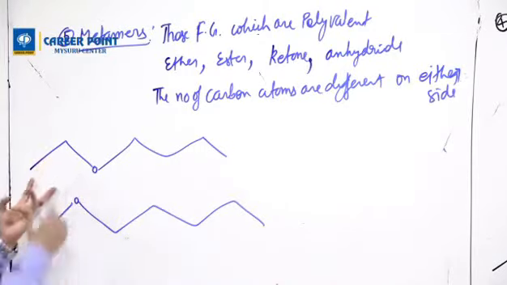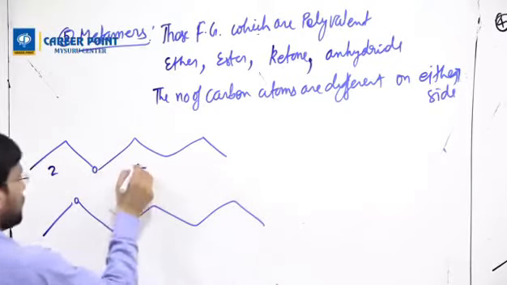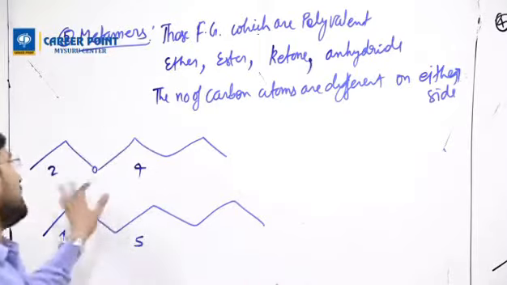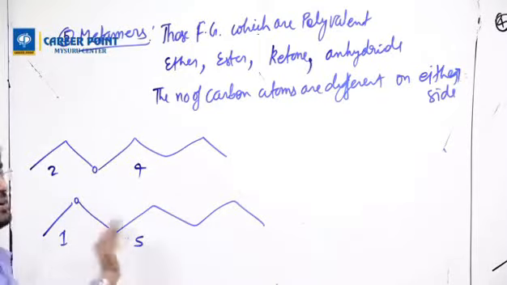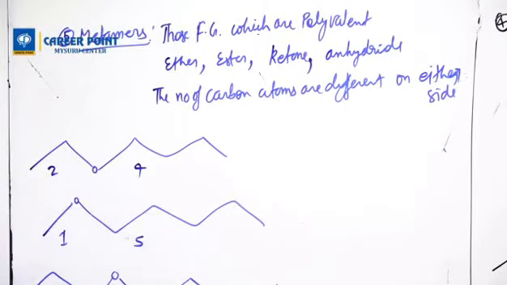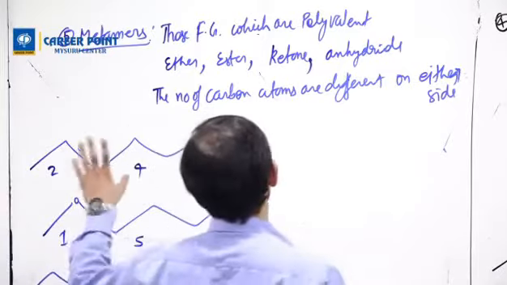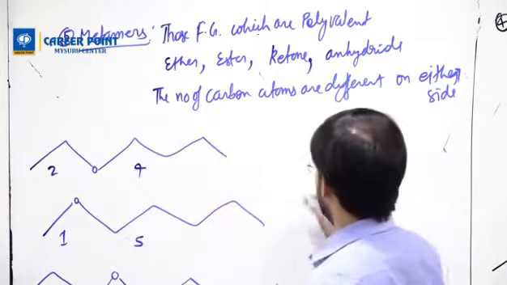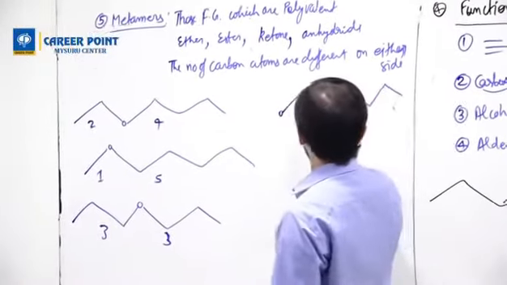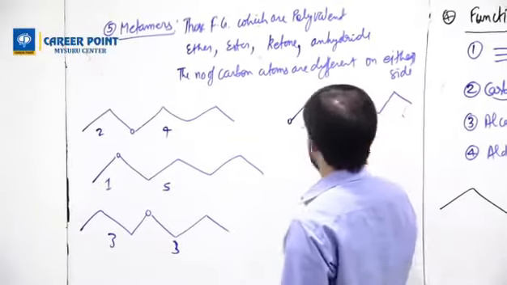Now this side was 2. 1, 2, 3, 4, so 2 and 4. But now 1 and 5: 1, 2, 3, 4, 5. Total is 6 only, but different sides, different numbers. Or I could do 1, 2, 3 and 1, 2, 3. 3 also I can do. Understand? But you cannot do 0. If you did 0, oxygen will come here, so 1, 2, 3, 4, 5, 6, it will become 6 here.